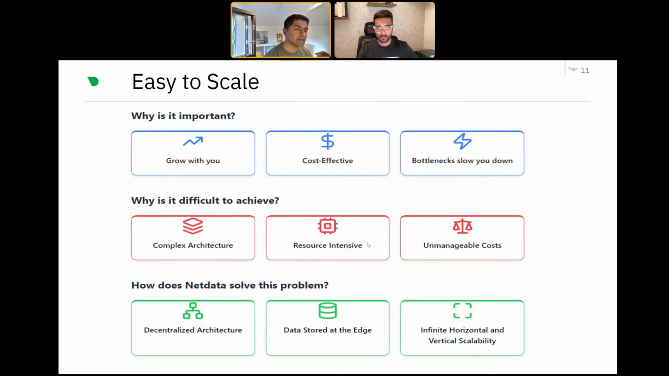So the way that Netdata attempts to solve this problem is mainly through our decentralized architecture. Unlike most other monitoring solutions, each individual Netdata instance, what we call a Netdata agent, is fully capable monitoring solution of its own. It can collect the data, store the data in a time series database, visualize the data in dashboards, trigger alerts on the data, and run machine learning for anomaly detection on the data